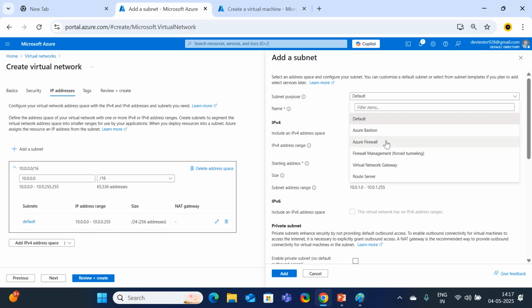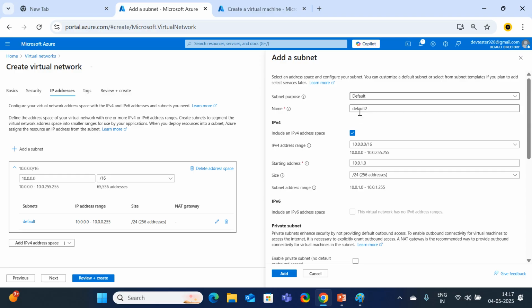And right now my requirement is not about these 5 resources. So here my requirement is default. So that's why I'm going to continue with the default. Here you need to set a name. So here I'm going to name the subnet 1 and include the IPv4 address. Okay. Here I'm going to mention the starting IP, 10.0.0.0 to